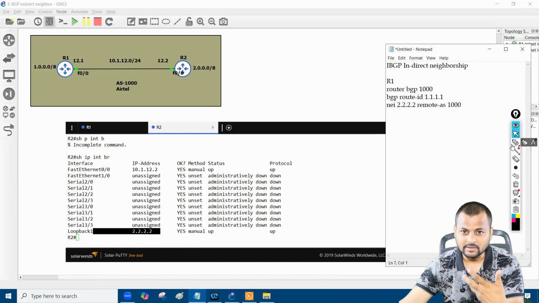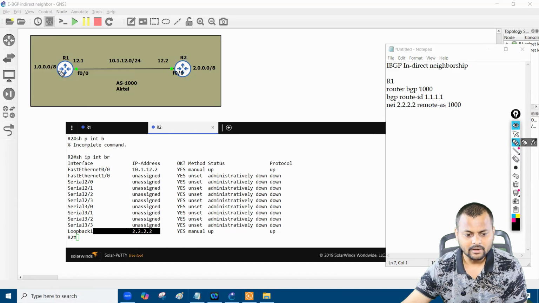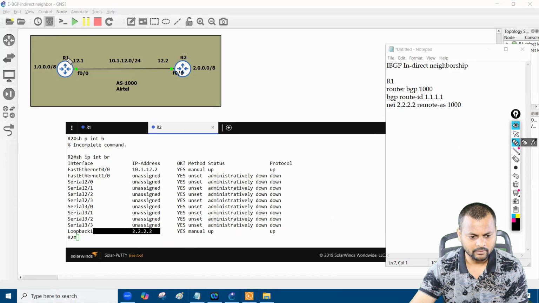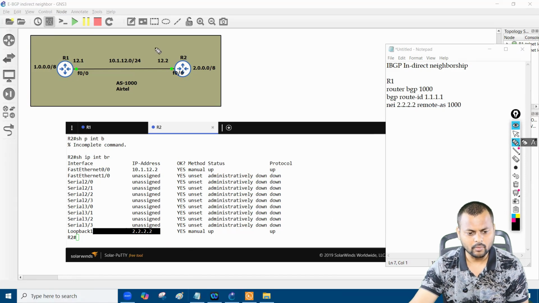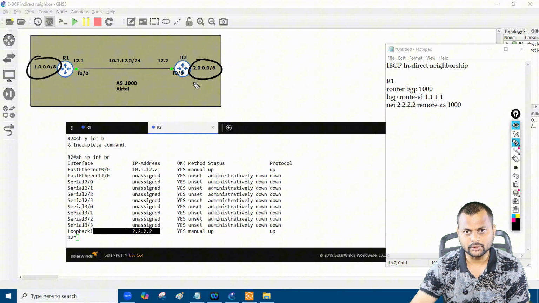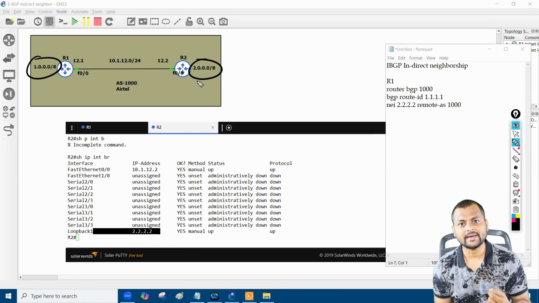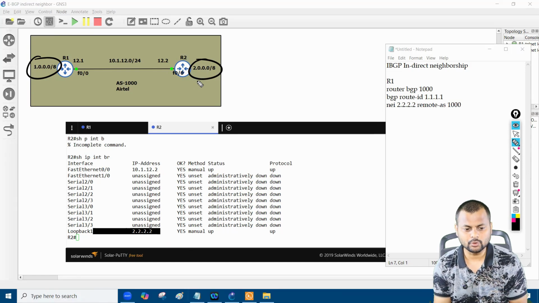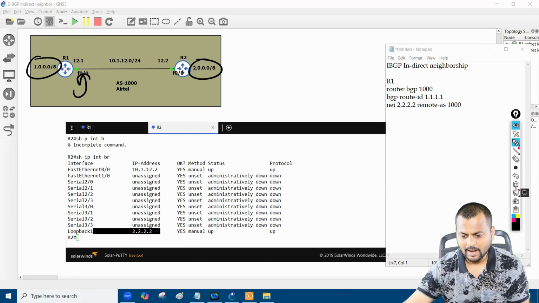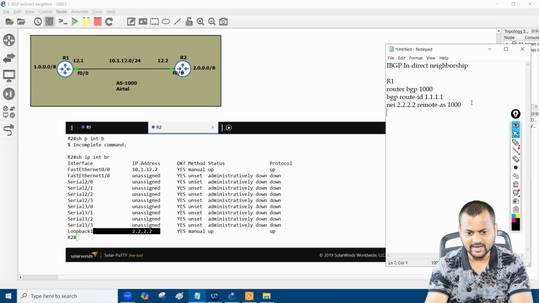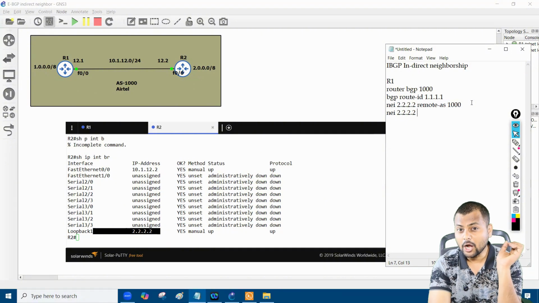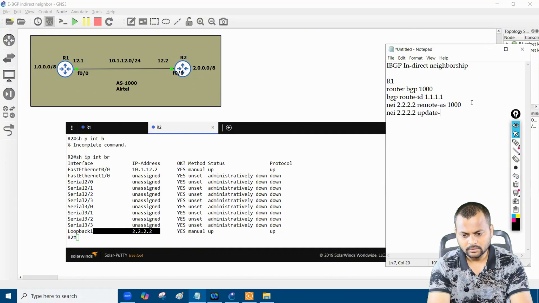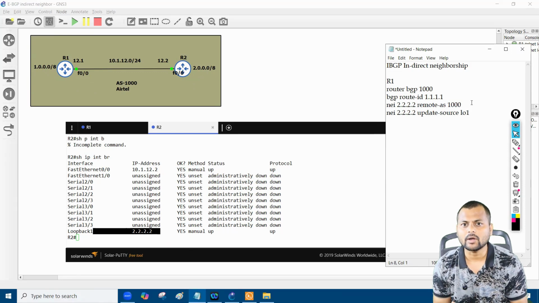Same thing, right? If you remember, we saw this in the eBGP indirect neighborship. Whenever I send an update packet, when I send any packet from router number 1 to router number 2, I'll make sure that the source will be 1.1.1.1 and the destination will be 2.2.2.2. By default, the source will be the exit interface. So if I don't define the source, it will be that. What we have to do is modify the source. We need to tell it, hey, listen, when I'm going to send any packet to 2.2.2.2, the source should not be 12.1. The source should be loopback number 1, that's eventually the 1.1.1.1 IP address.